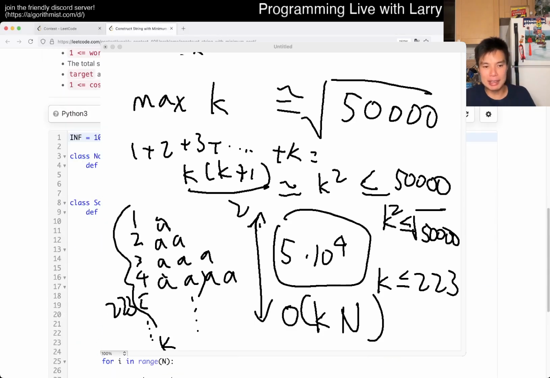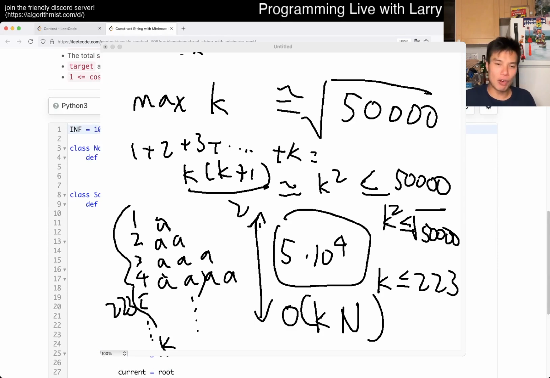Okay, so that's basically the idea. Let's go through it. First of all, I call this the dictionary. For each dictionary word, I just put everything in a trie. The reason why, if you follow me along,